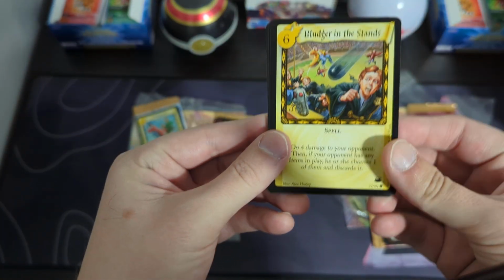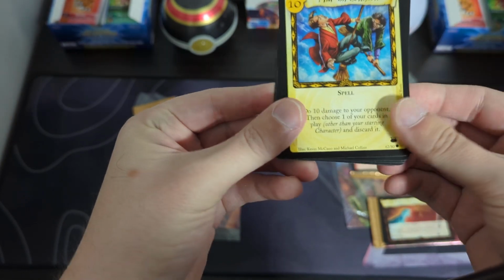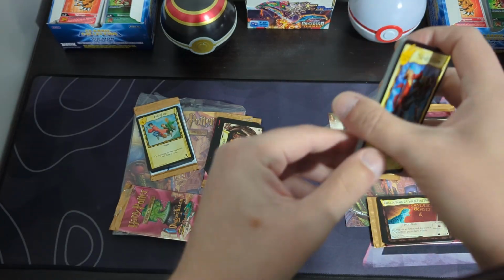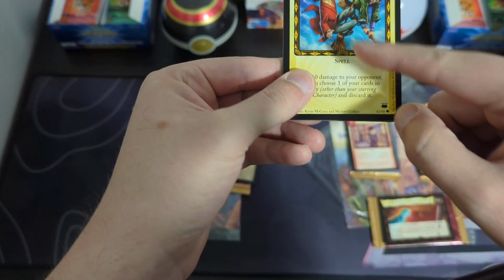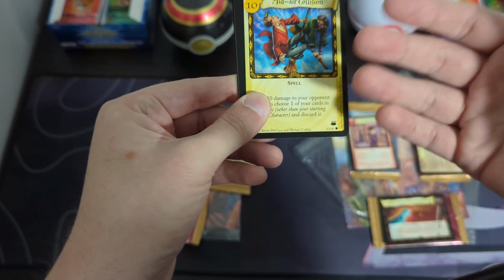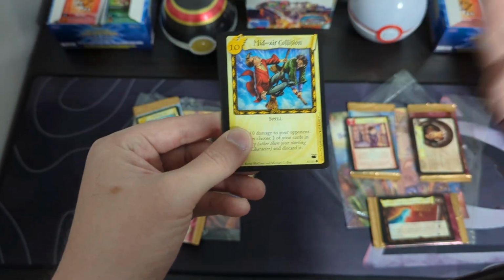Bludger in the Stands, I think that's new to me. Picking on Neville again. Midair Collision, I do recognize that one. I guess, okay, maybe Quidditch Cup came before Diagon Alley. I can't remember. Because there's a Quidditch card in the Diagon Alley set. So I think it was like the base set, and then I think Quidditch Cup came next, and then Diagon Alley after that. Anyway,